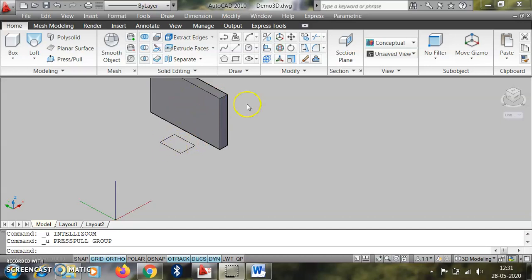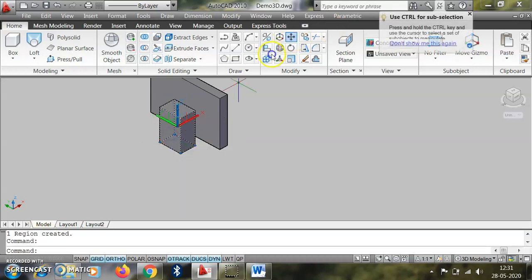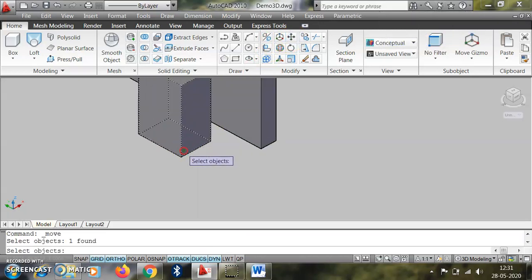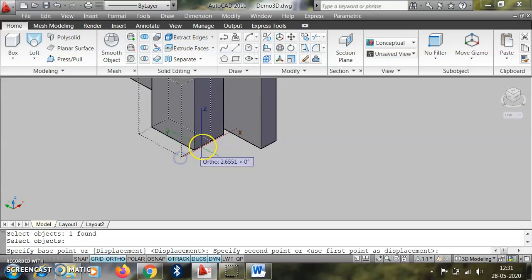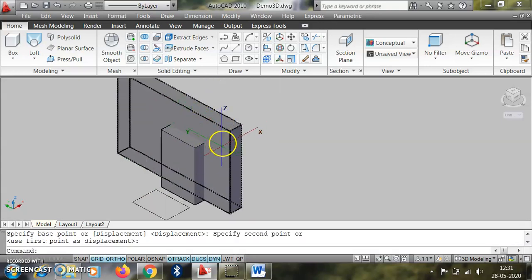In that case, we again take this shape and using the press pull command we increase its height. Then select this object and move it from this point up to this point. So this object is inserted in this wall.